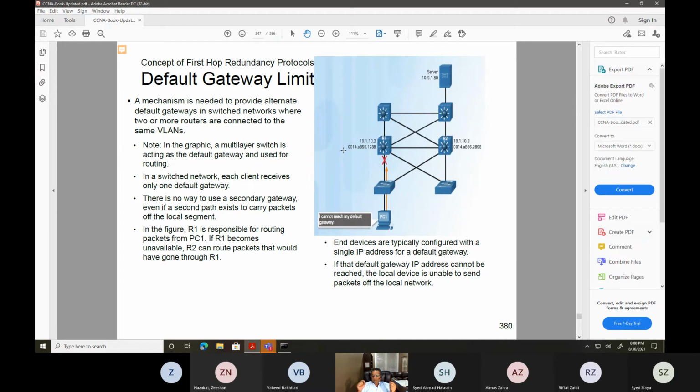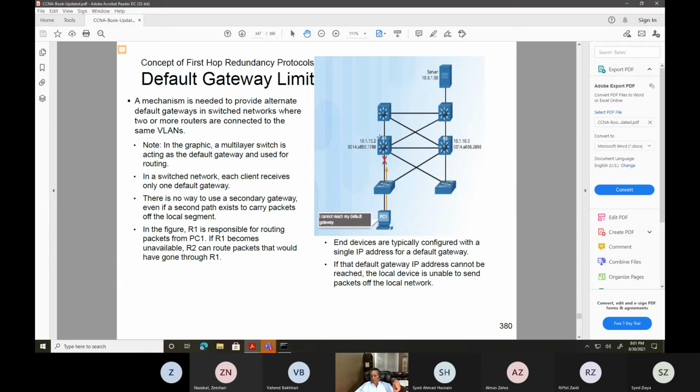But what happens is, what if this router goes down? Then what happened? You're done. But what HSRP does, it says, if I'm your router one and I'm your router two, then this PC will have a basically default gateway, which will be configured over here and here for both. So one will take the primary role and the other one will take the secondary role.